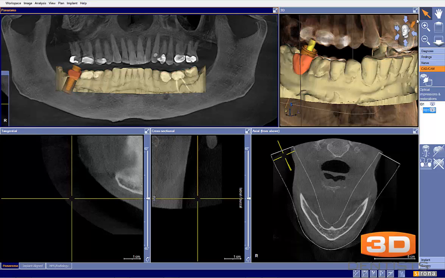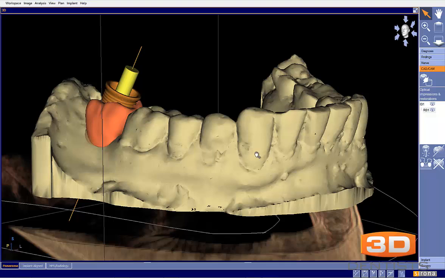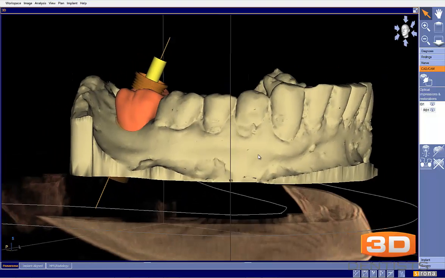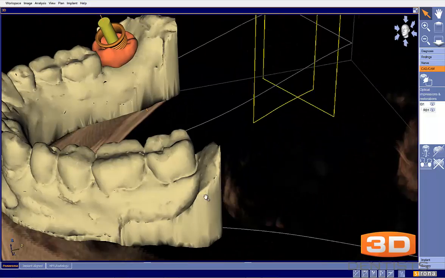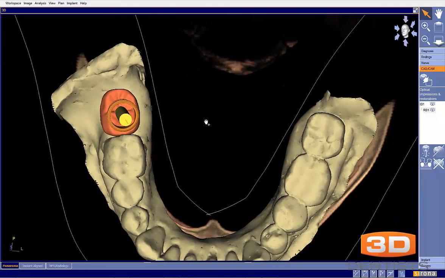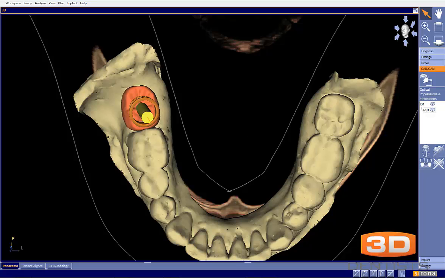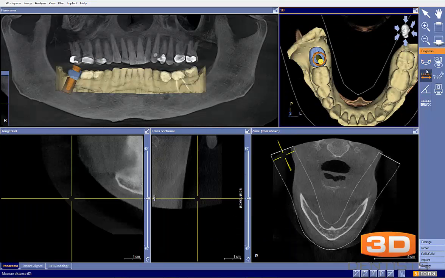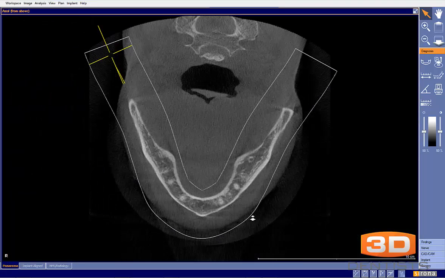And I would like to point out a couple of things here. Let me go ahead and clip this area out so I can see. And one of the things that I'm again big on is what I call ideal planning. And in looking at this plan, we can see that our tooth looks pretty good. The only thing I would say is that if we used our measure tool here, okay, and we measured, sorry, I can't do it on that screen. If we used our measure tool here, okay,